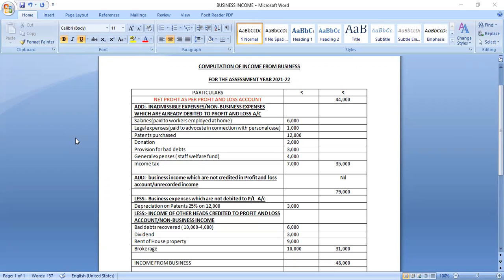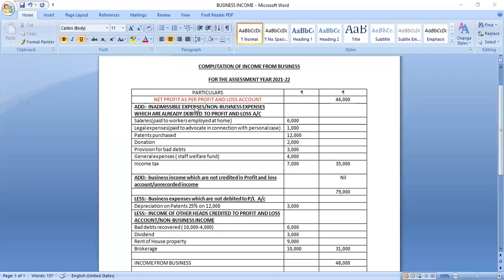Now the particulars are given, the expenses side and, on the credit side, the income side. Now we'll deal with them one by one. First, you check the net profit. Net profit as per profit and loss account is given in the problem. The first procedure is you take the net profit. It is 44,000, given in the problem. Now there are 4 steps. First step, add